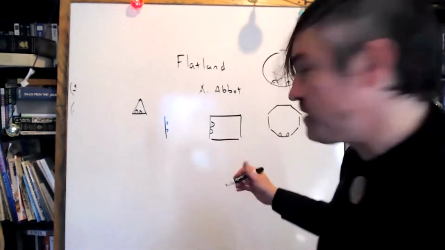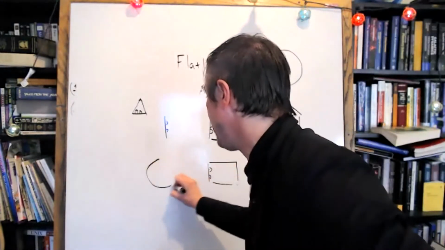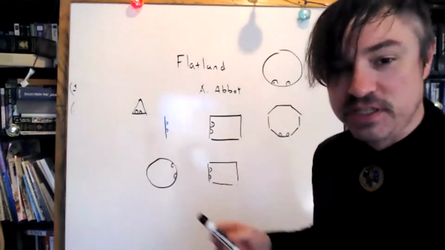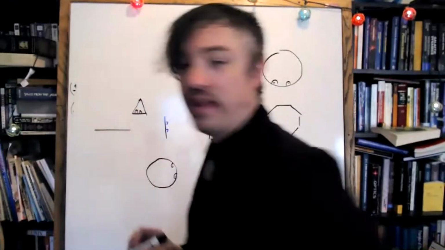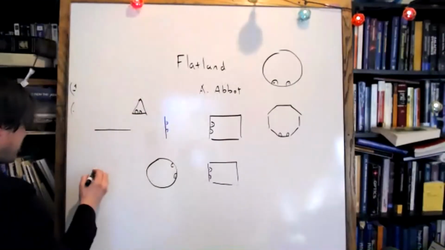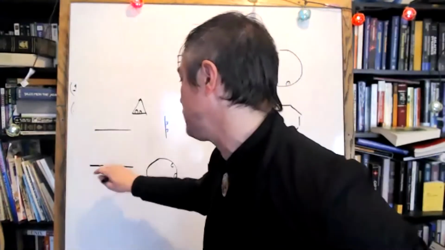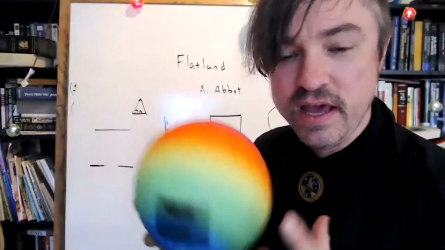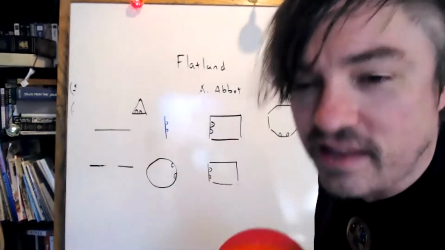And the square complains about this because he says, you know what's scary? It's really hard to tell the difference between a circle, a priest, and a woman in my society, because seen from my perspective, they actually kind of look the same. From my perspective, a woman looks like this, and a priest looks the same with maybe only a little bit of shading differences. Maybe the line that makes up the priest is a little brighter in the center. You know what I mean? Like if you're an artist, when you draw a sphere, it's a little brighter in the front. So he's saying you have to use shading differences to tell the difference between people, because everyone looks like a line and it's confusing.